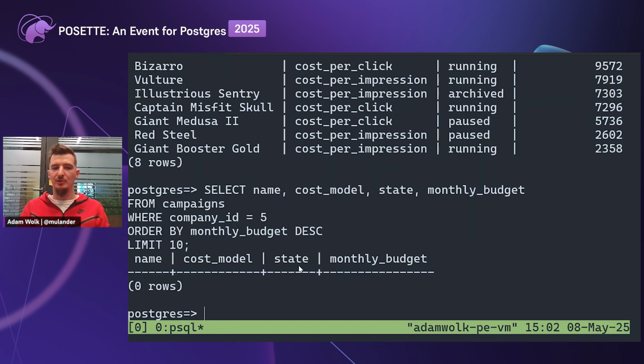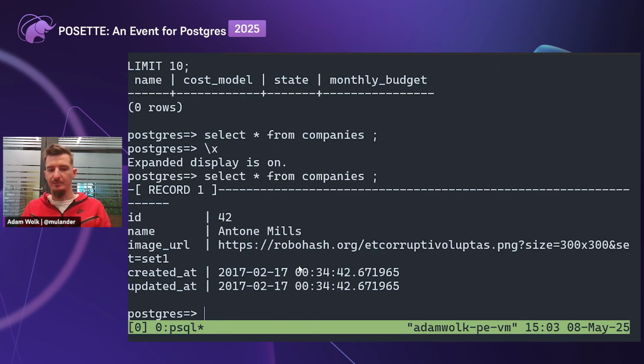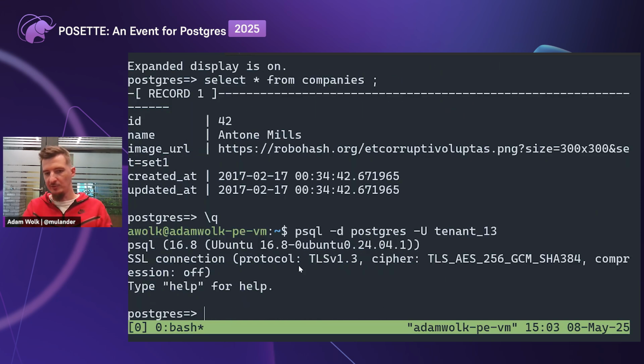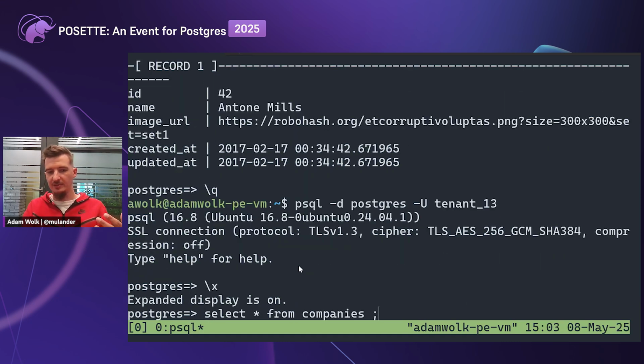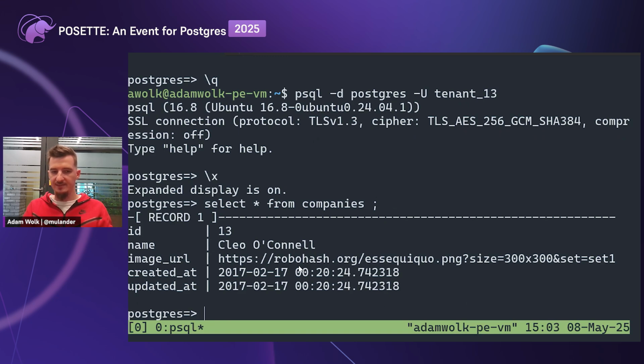So if I switch to company ID 5, we can no longer see the data because I'm connected as 10 and 42. And if I select from the company's table, all I see from the company's table is 10 and 42. If I reconnect as 10 and 13, the only data I will see when querying the company's table is rows for company 13.